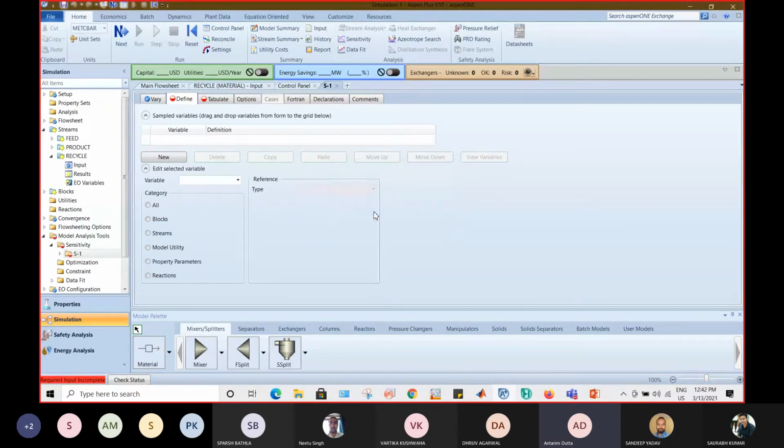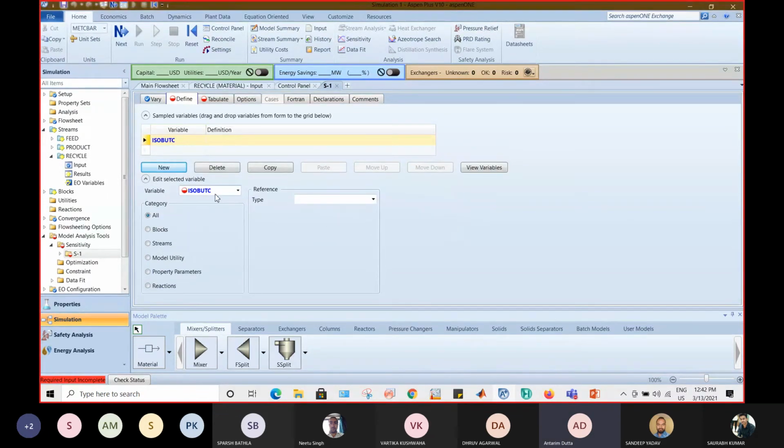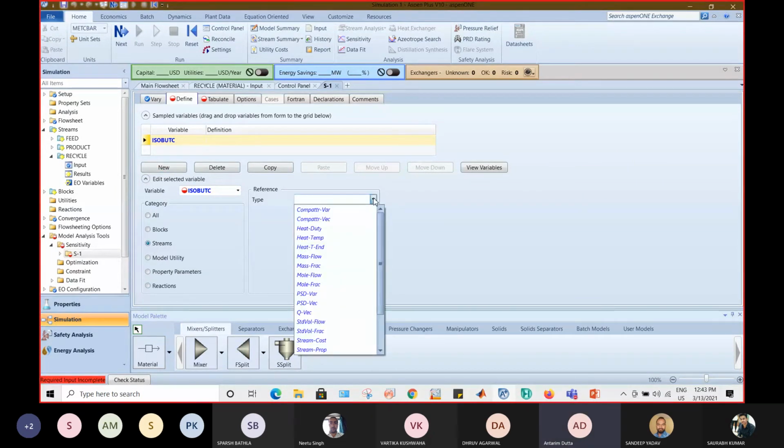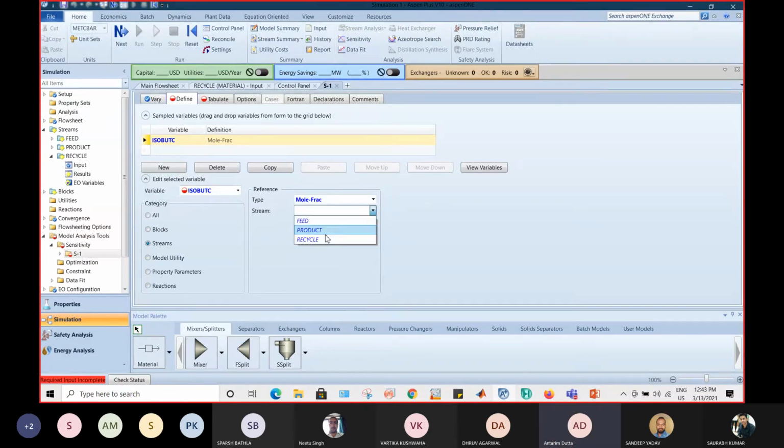Okay, so again reference type, this is your mole fraction, stream is your product stream, and component is your isobutane. Okay, is it clear? Yes, sir.